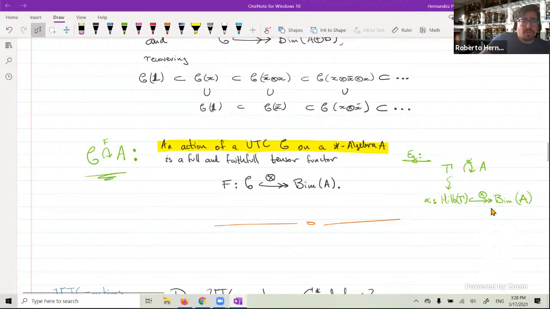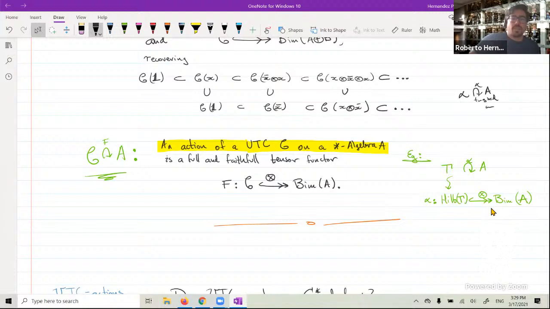Now, moreover, and perhaps relevant to the coherence data that comes with a tensor category, operator algebras often care about what they call twisted actions. So you have a group and a twisted action on an operator algebra. And the twisted actions do fail to be an action, right? It's not explicitly a group homomorphism, but to the degree that requirement fails can be measured by two co-cycles in the group. So if you have a twisted action,